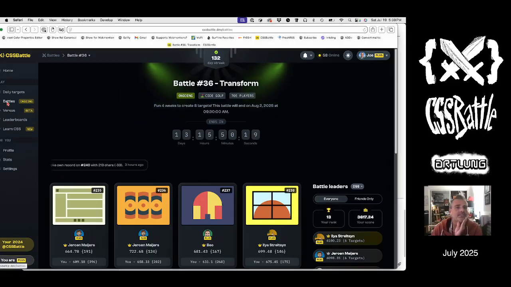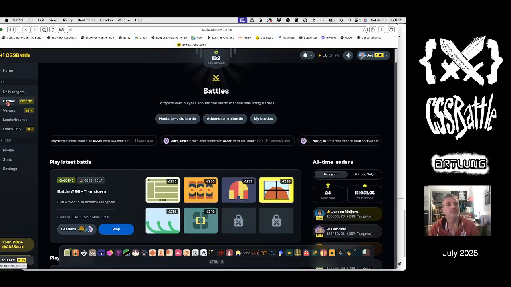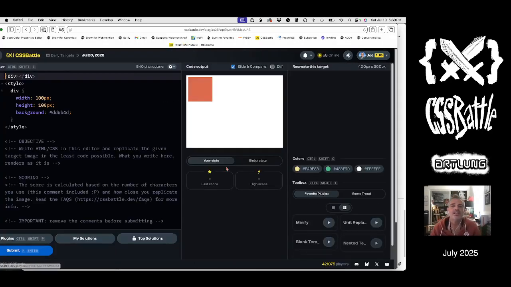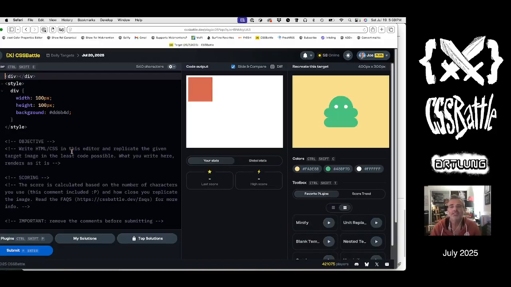Let's do today's daily target. Today's daily, that's what I wanted to do. Here we got a little dude. Look at this little dude. Okay. How do we make this little dude? The thing I see is that this line, the line between this curve and this, so if we have an individual element, all right, today,